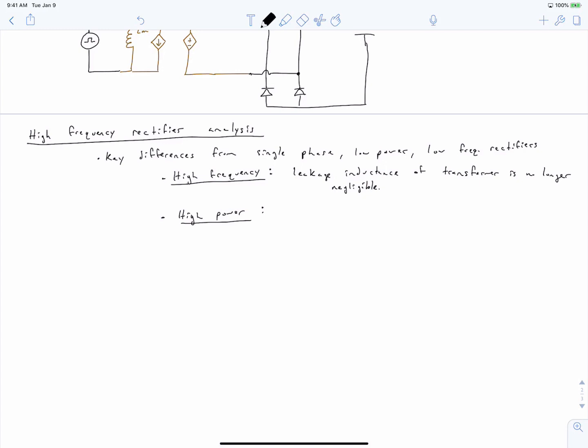So by increasing the frequency, we've decreased the size, and that means that when we increase our power, we have a much higher power density for our transformer, so any losses that we have in the transformer become particularly problematic from a thermal perspective. If you have a higher loss density, even if the total losses are not that great, but the density of the losses is great, it's hard to get the heat out. And so therefore we do everything we can to reduce the losses, and that includes making our coil resistance very,